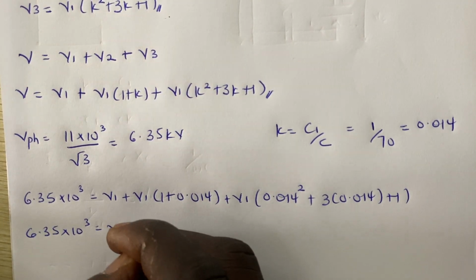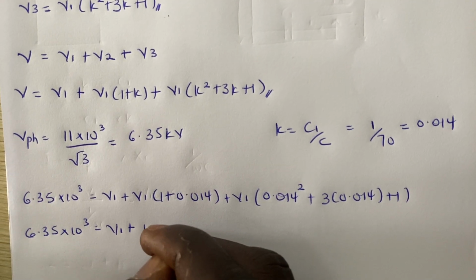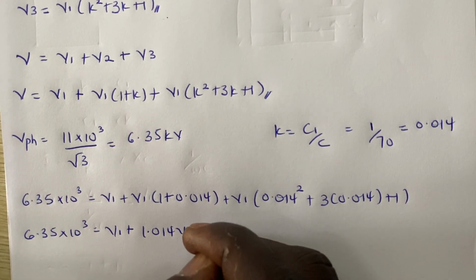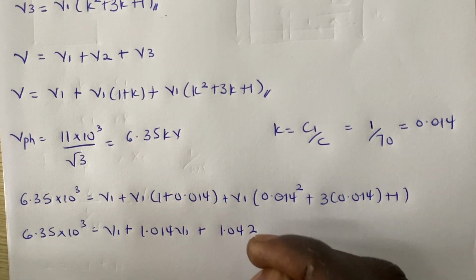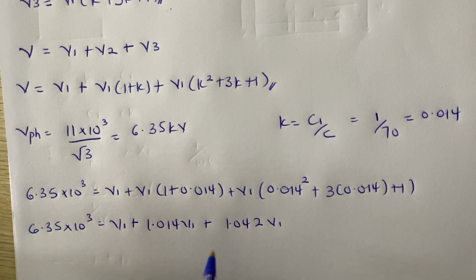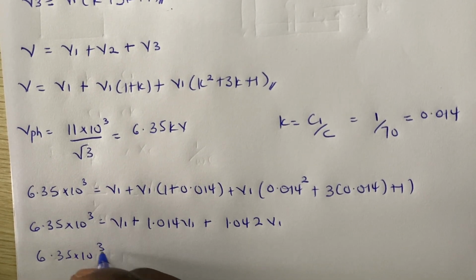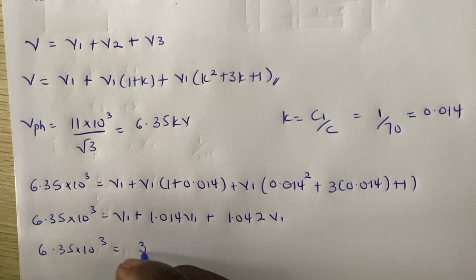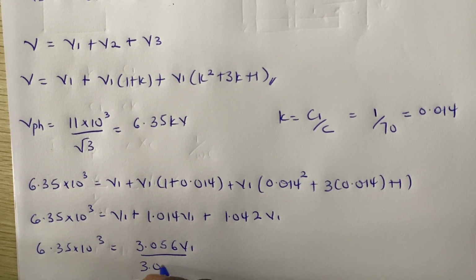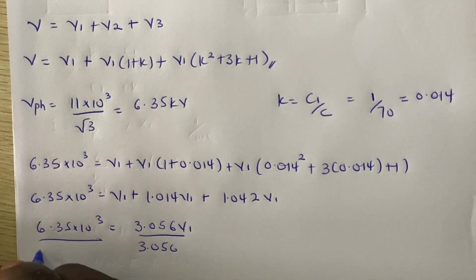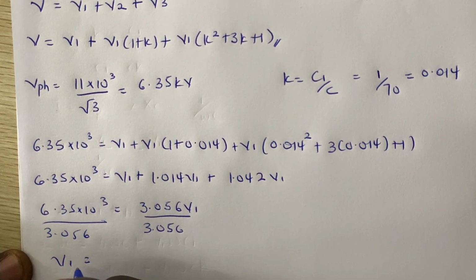We have V1 here plus this is going to give us 1.014 V1, plus 1.042 V1, right? So when you add this up, you're getting 6.35 times 10 raised to the power 3 is equal to 3.056 V1. So when we divide this by 3.056, now we are getting our V1 to be equal to